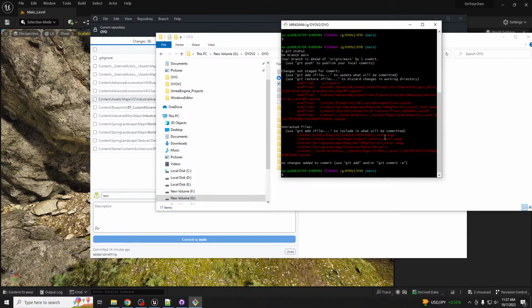No, I'm not, because all my changes, everything that's over 100 megabytes, I'm not committing, and I'm actually actively trying to get rid of. And as you can see, most of them are related to levels and this detail normal, which is from a package that I'm not using, so I'm just going to set it to be ignored. And all these levels are not using external actors. And that's why the issue. The issue is that I'm not using external actors, and therefore making this level be over 100 megabytes,